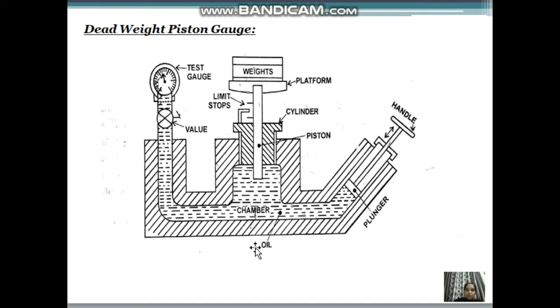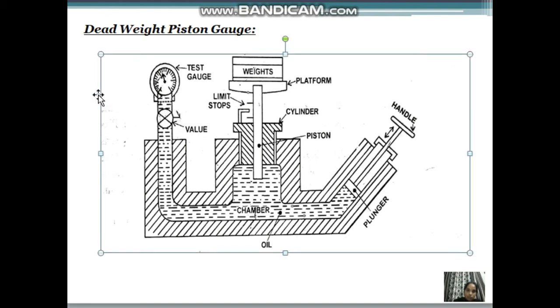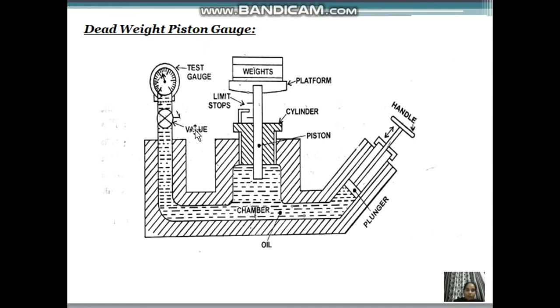Now we will see the procedure for calibration of pressure gauges. Calibration of a pressure gauge means introducing an accurately known sample of pressure to the gauge under test and then observing the response of the gauge. In order to create this accurately known pressure, the following steps are to be followed. First, the valve of the apparatus should be closed, this valve. This is the pressure gauge we have to calibrate. So initially we close this valve.